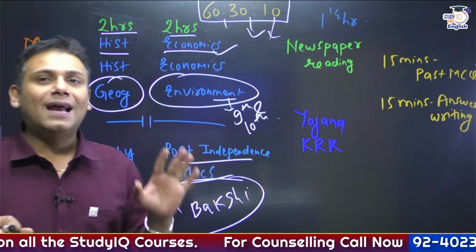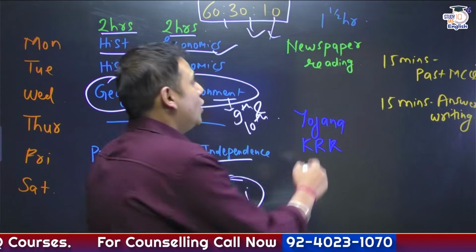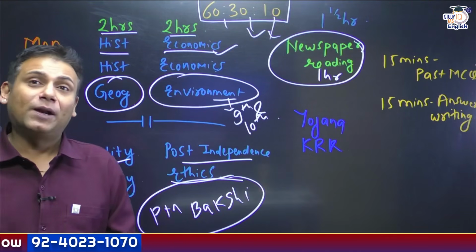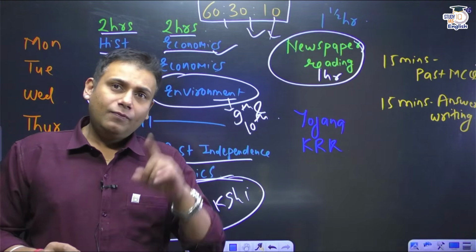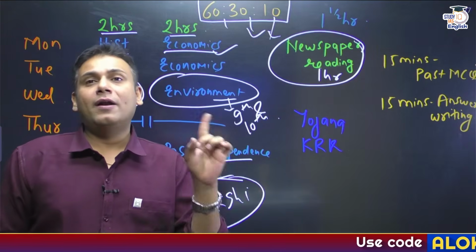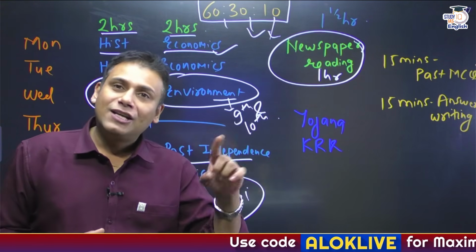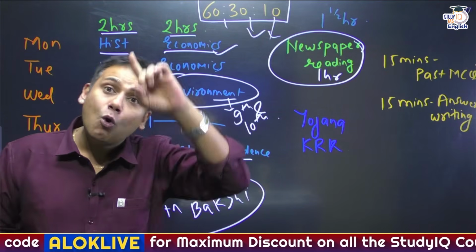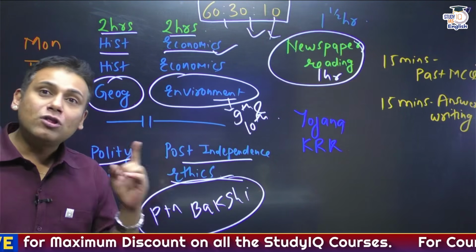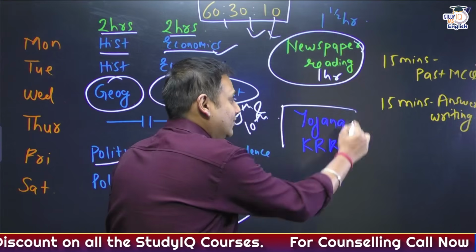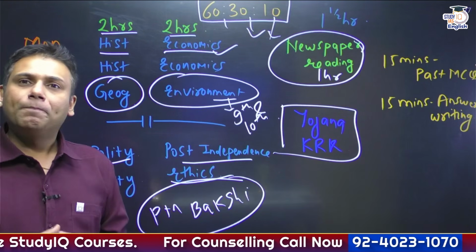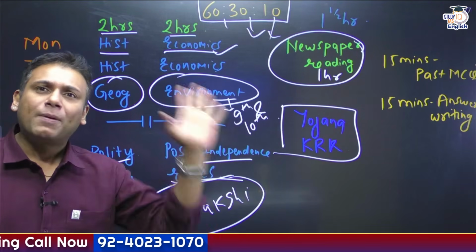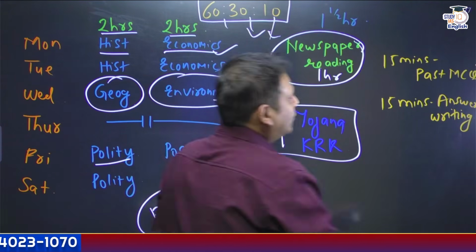Now, on a daily basis, at least 1 hour should be given to newspaper reading, be it The Hindu or the Indian Express. At least half an hour should be given for reading a magazine, that is Yojana or Kurukshetra. I would suggest you compulsorily read both the magazines. Both are government magazines. Now, every day, make it a ritual, make it a habit, that for 15 minutes you are going